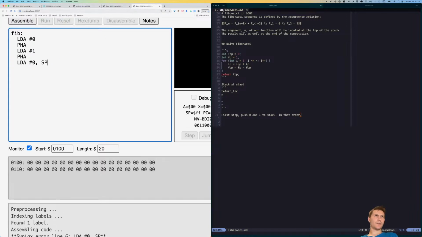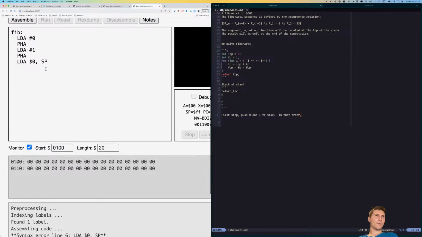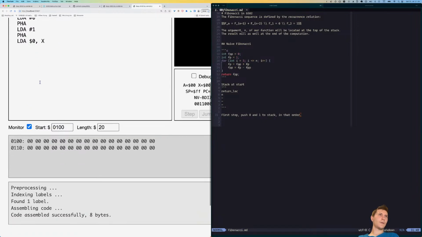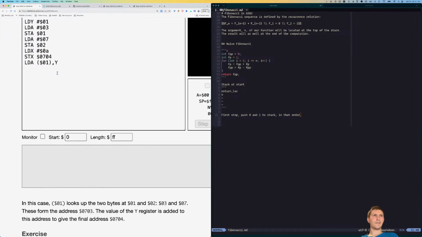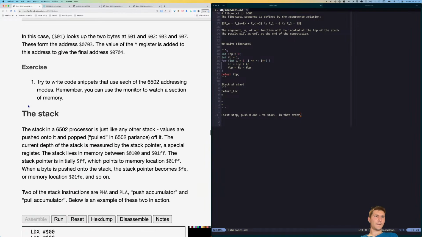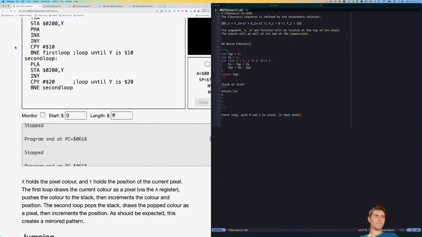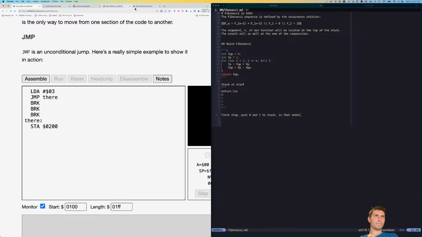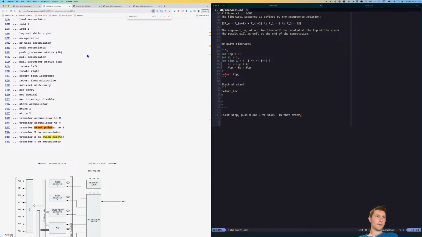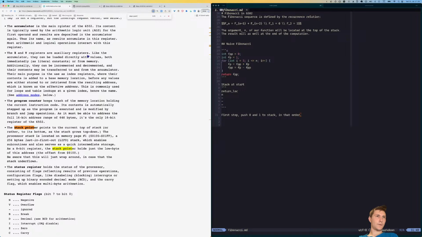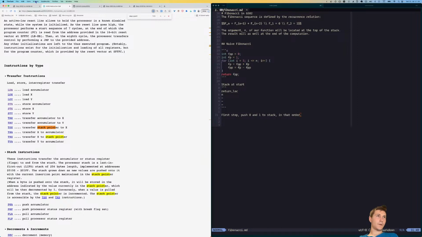Like 0 as X. Okay, so somehow it doesn't recognize SP? Okay, stack. I guess you'll need to use